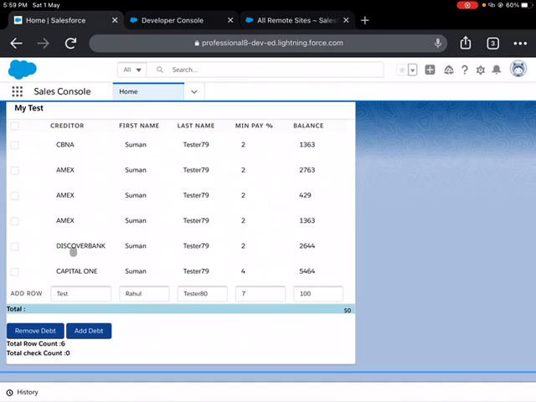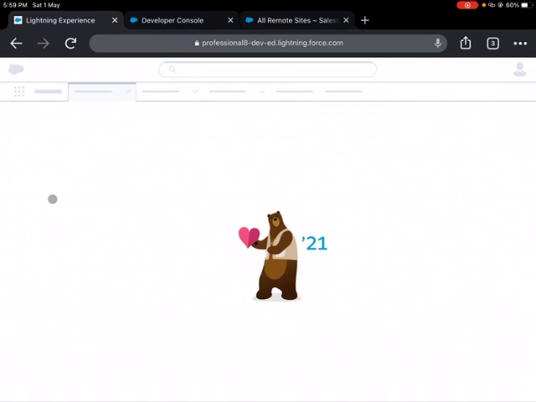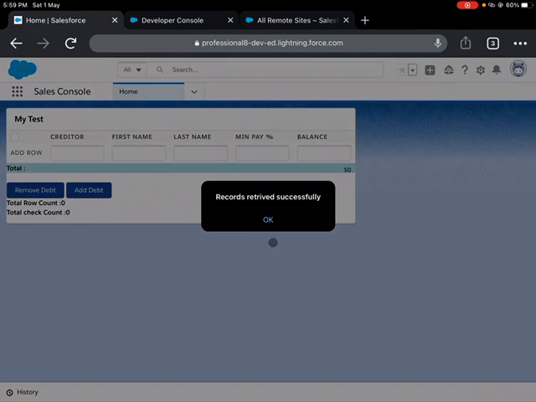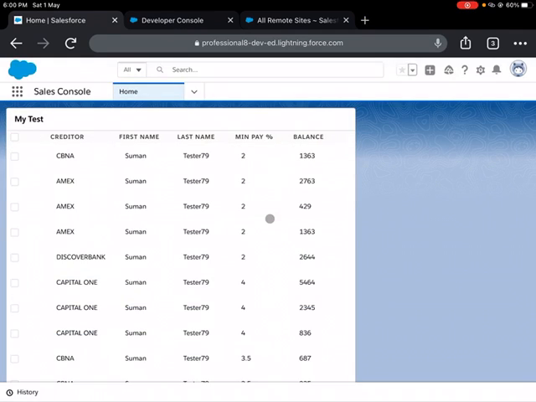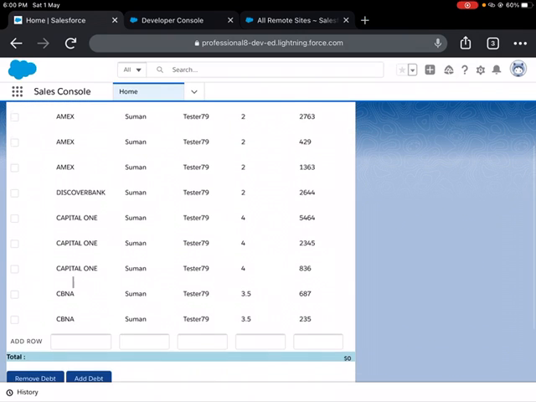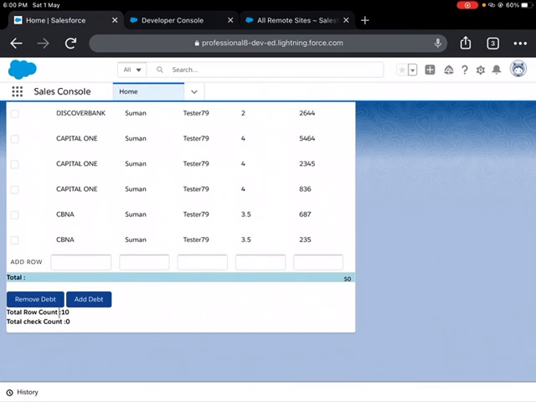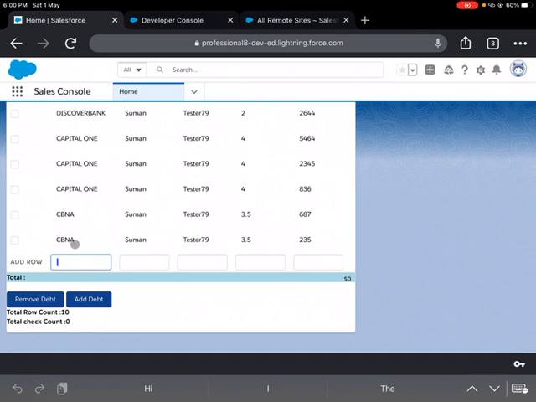By default, I can also display how much data we have fetched through the output link, and that is visible here. So I will just refresh the page. The total count is shown by default. After fetching the data from the Apex class, I'm showing an alert message that the data has been retrieved successfully. I will click on OK, and the data will be populated here, and you can see the total row count is 10. If I add a row, it will become 11.